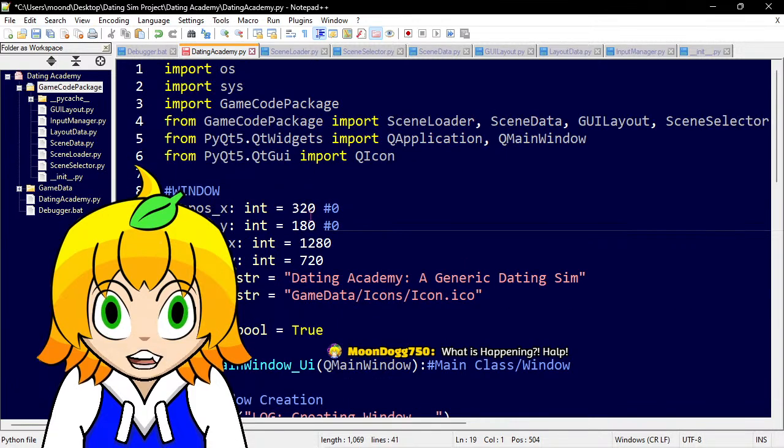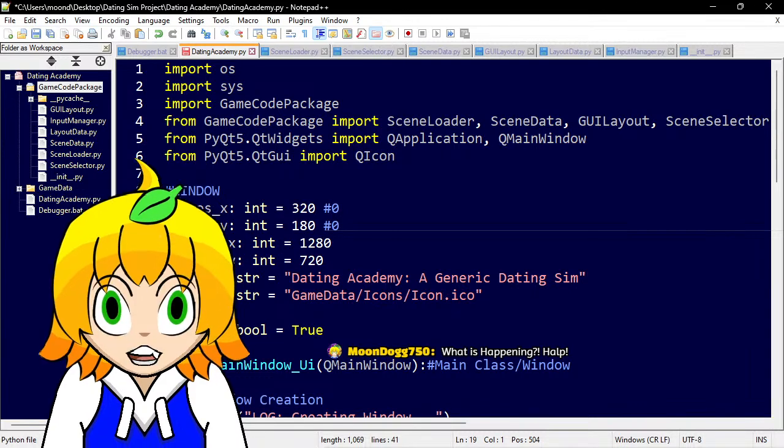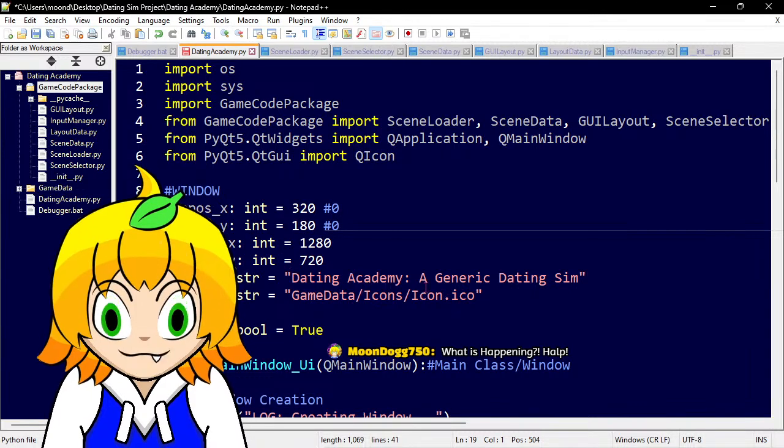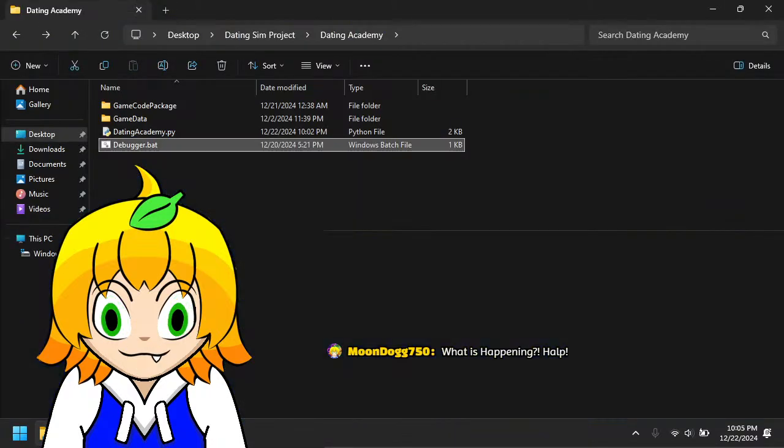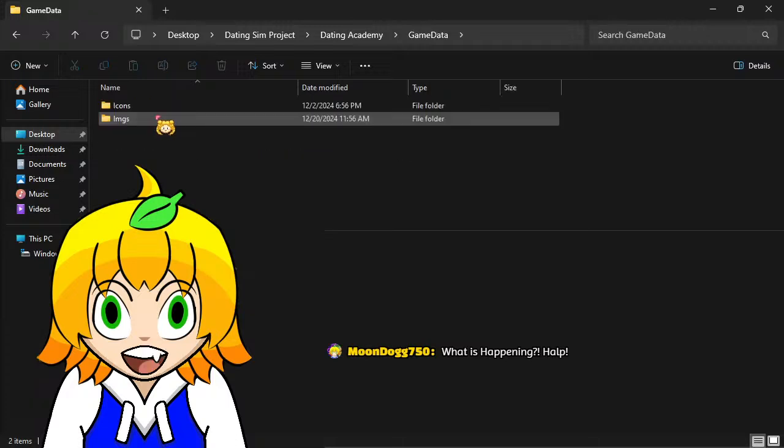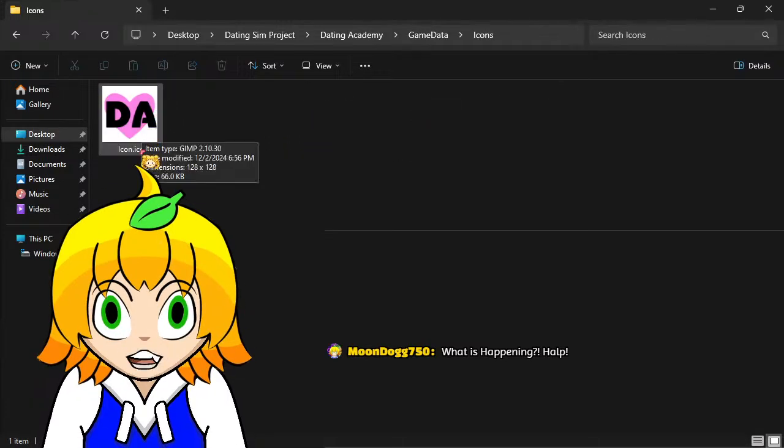Anyway, all these variables are up here: win position X, win position Y, win size X, win size Y, win name, in a string variable, and win icon, a string variable of file location, which is game data/icons/icon.ico, as we see here.